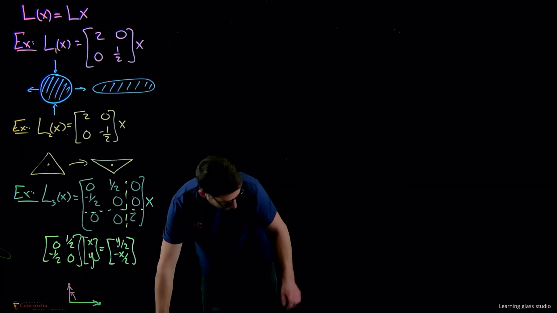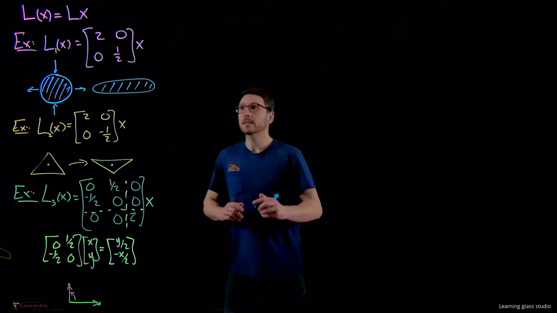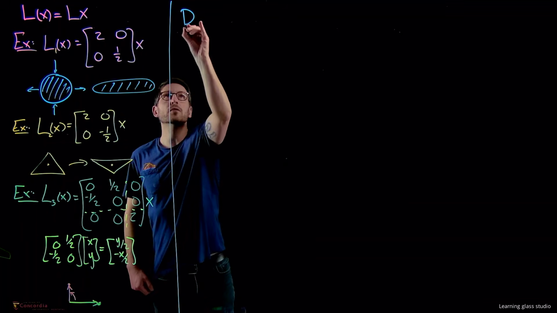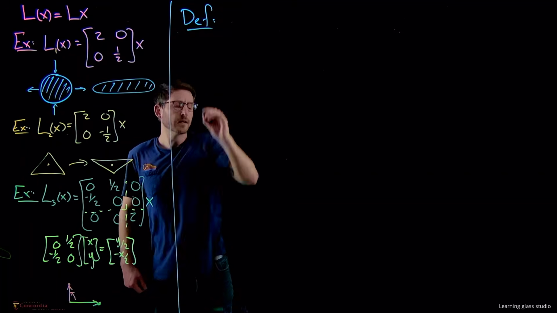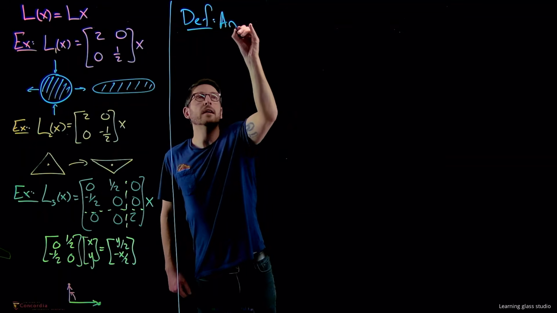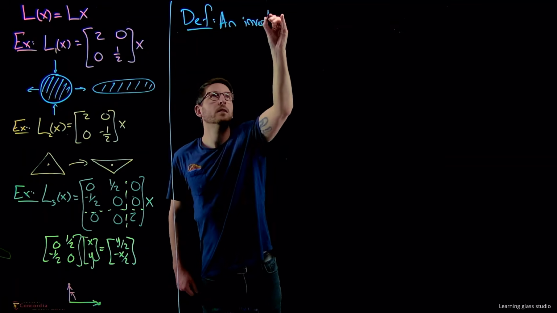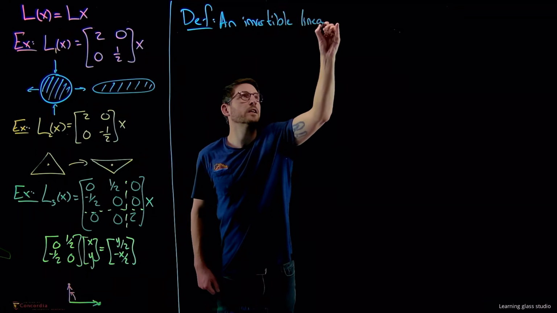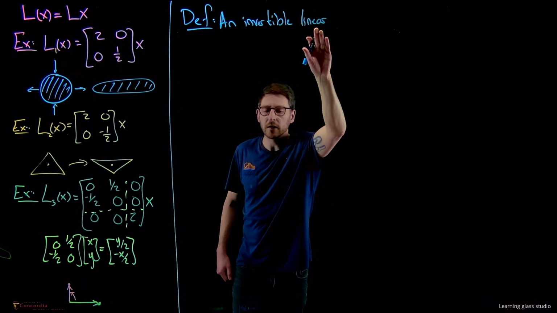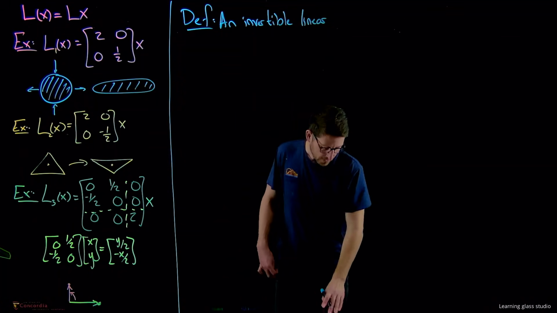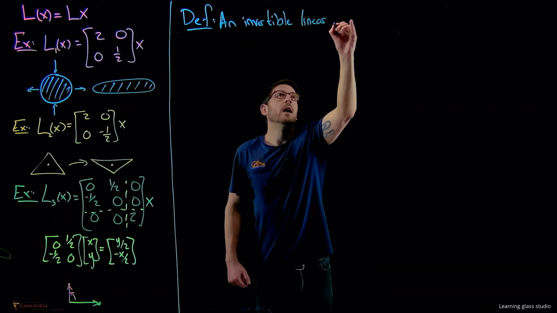Okay? So let's give ourselves a definition. And again, we're going to carry a lot of this theory through. So let's talk about a definition here. We're going to say an invertible linear map. In our case, we're thinking about invertible as not having a 0 eigenvalue. I mean, that is the definition from the rank nullity theorem. But an invertible linear map